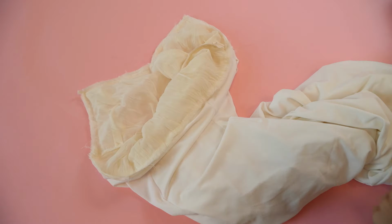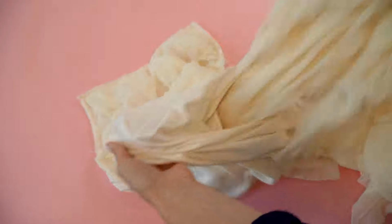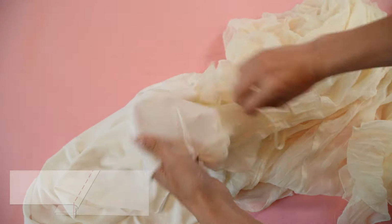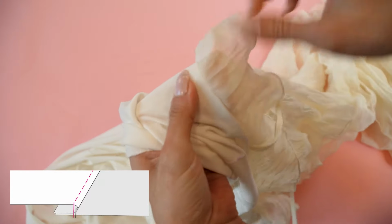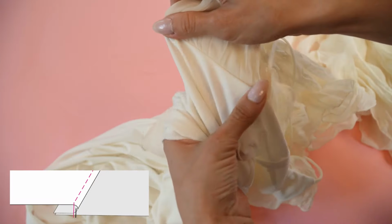Now work from the right side of the lining. We need to understitch the neckline so the lining won't be visible when you are wearing this dress. Find the neckline and push the seam allowance towards the lining. Understitch by making a stitch 2 mm apart from the previously made seam, connecting the seam allowance to the